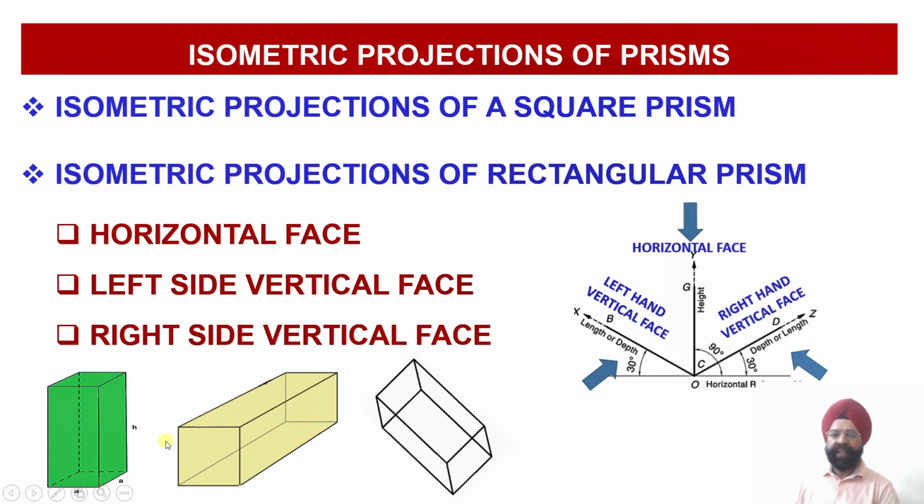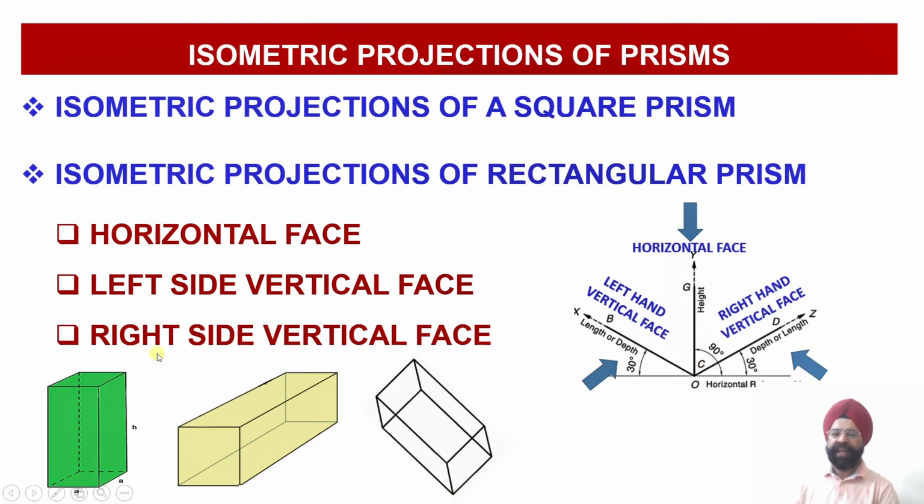Then in the left side vertical facing prism, the basic plane shape of this prism will be drawn in the xy plane, that is between this x and y plane. The basic plane shape of the prism will be drawn, and the length of the prism will be shown along the z-axis. So this is the z-axis which is going to show the length of the prism, whereas